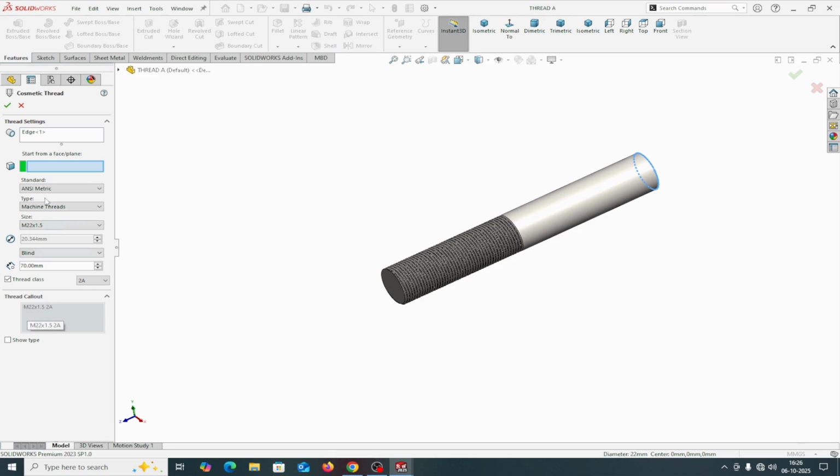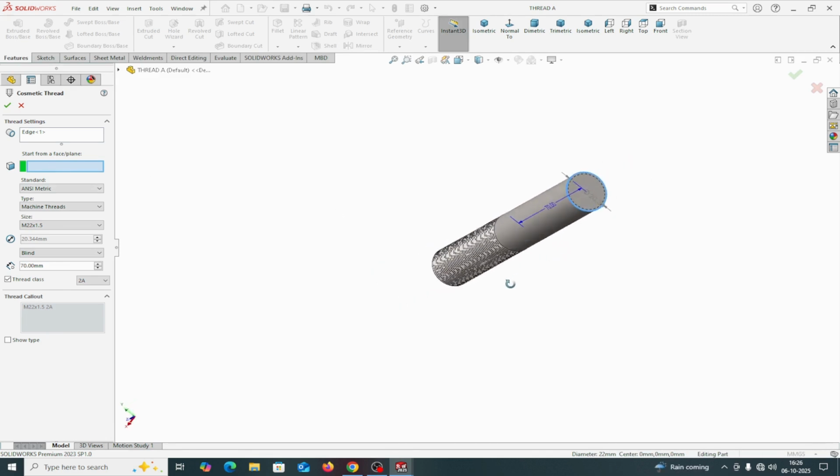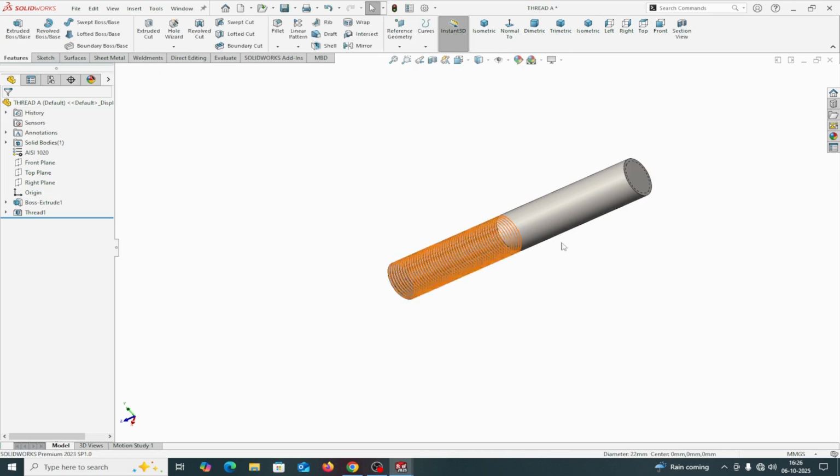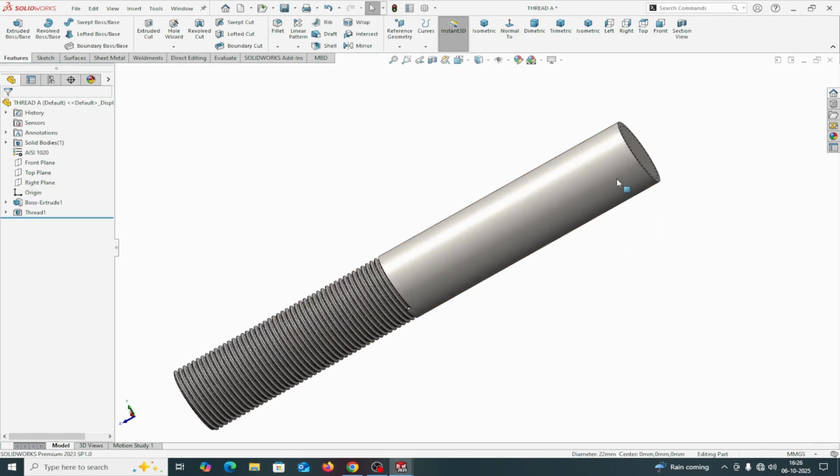And this starts from the face. You can select the face from here, suppose this one, and hit the right button. But the thread is not appearing here. So in order to bring the cosmetic thread on this surface, you go in the top menu bar,